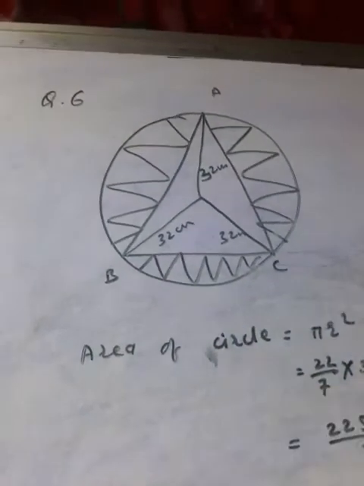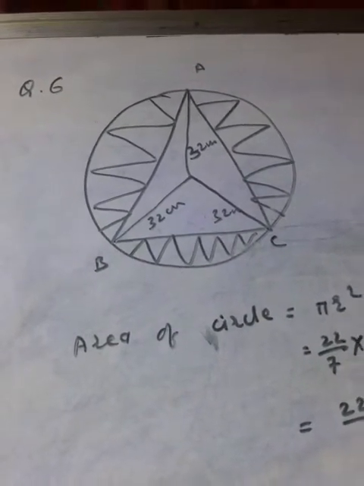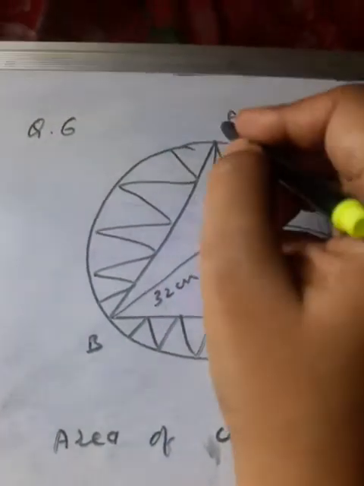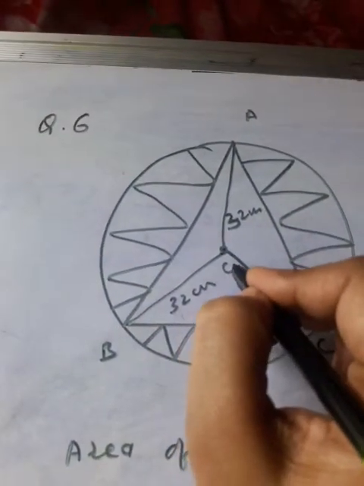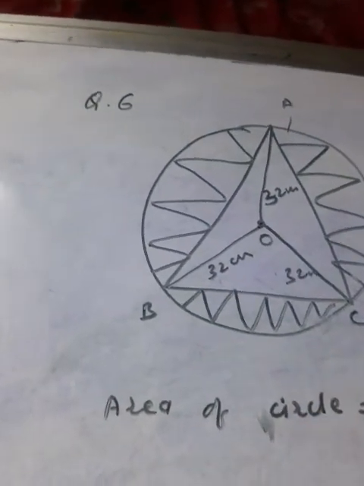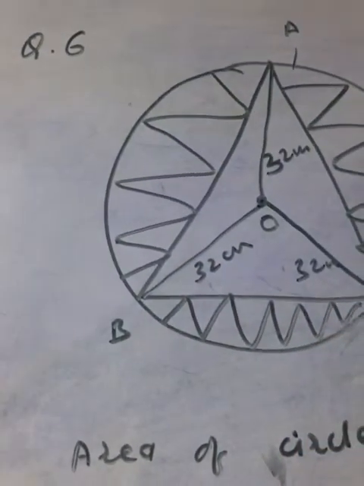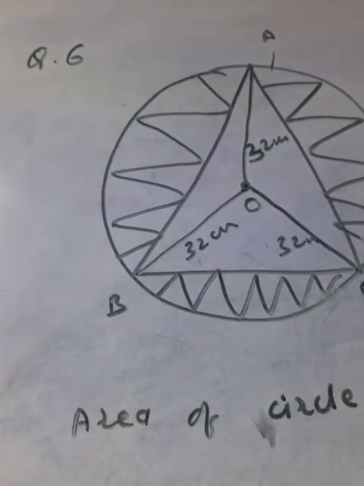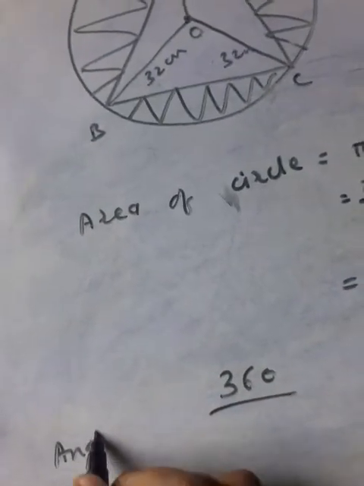Now, how do we find the area of this equilateral triangle if the sides are not given? Firstly, we have to find the sides from the given information, from this radius. See this: suppose we join OA, OB and OC. They are the radii of the same circle, and they form three sectors. So we can find the angle of the sector, out of 360 degrees, from the three sectors.